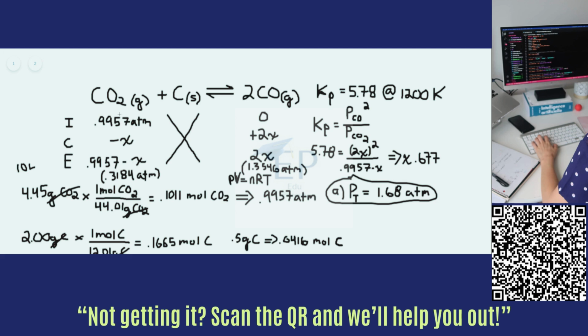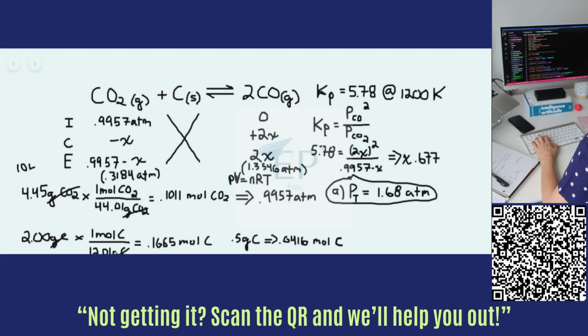You can convert that to atmospheres as we did previously. You would get that it's 0.58 atmospheres. So that's the equilibrium pressure of CO2 in part B. It's 0.58 atmospheres. You could then calculate the difference between 0.99 and 0.58 atmospheres. That'd be your change. You double that change to figure out what the change of CO would be given limiting amounts of graphite. So I'm sorry I can't write all this out because there's not a lot of space, but you'd have that change here,